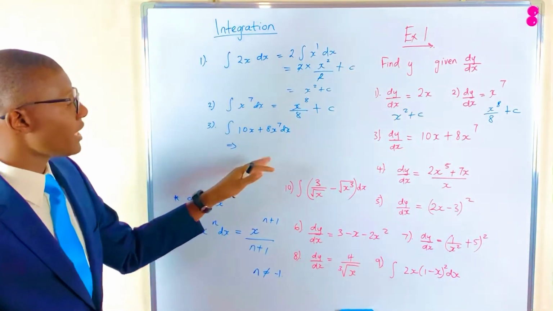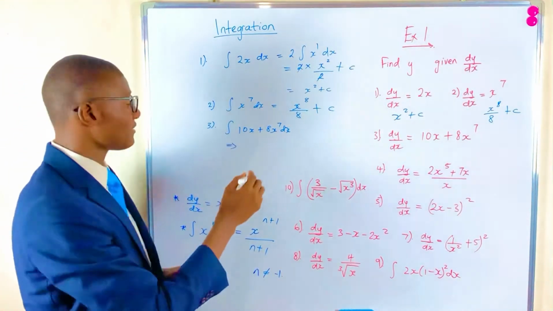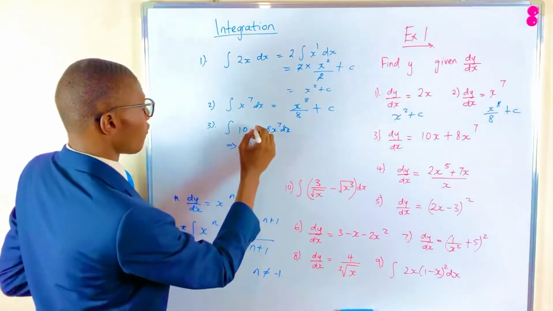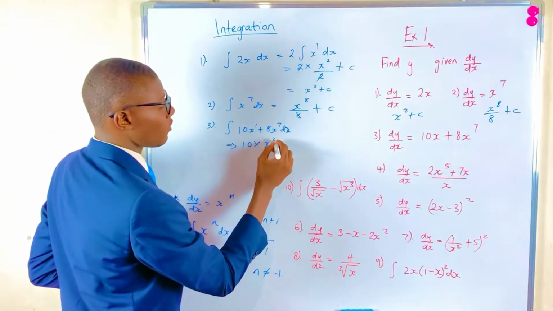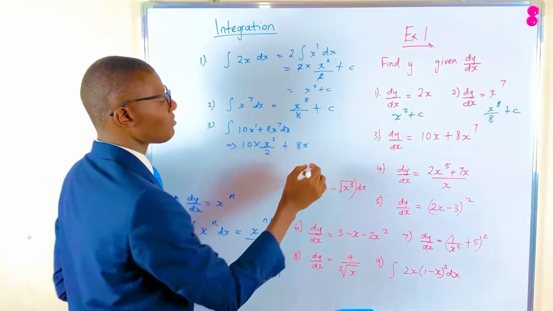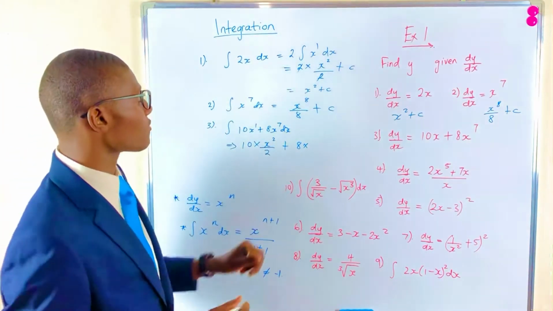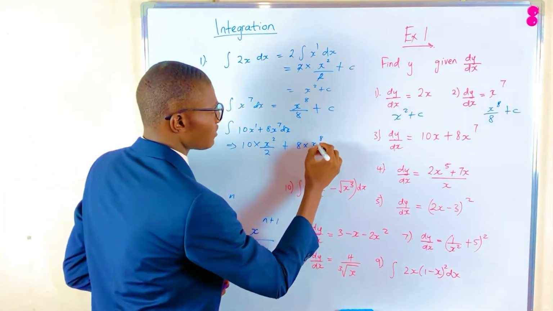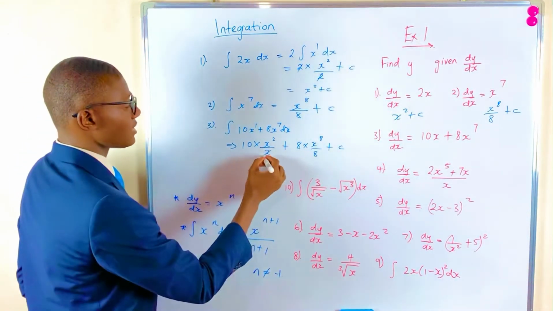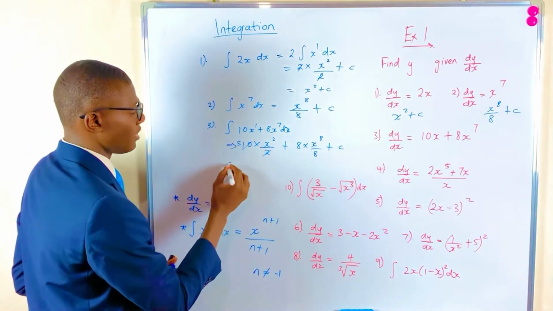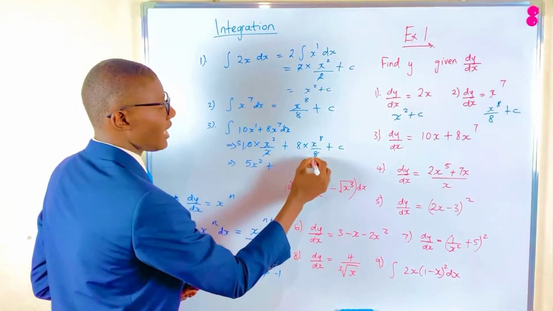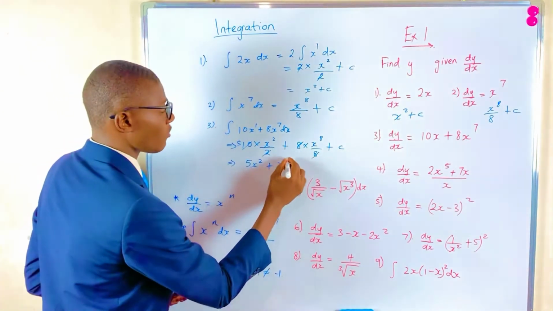Now with number 3, if we take out the 10, we're simply saying 10 times the integral of x to the power of 1. This is x to the power of 2 over 2, then plus 8 multiplied by the integral of x to the power of 7. This will be x to the power of 8 over 8, plus the constant of integration c, such that 2 into 10 we get 5. Then this will give us 5x squared plus 8, and the 8s will cancel, x to the power of 8